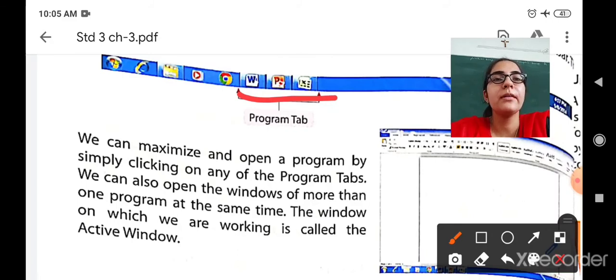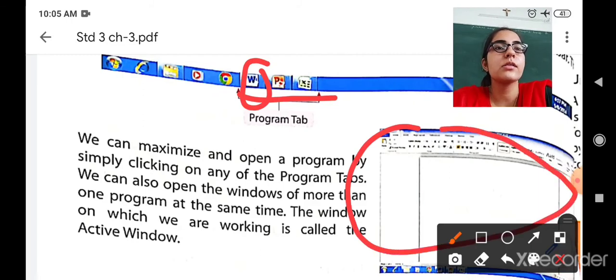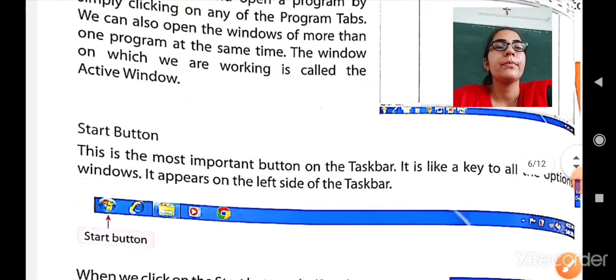We can also open the windows of more than one program at the same time. The window on which we are working is called the active window. Okay, so if you have clicked on Microsoft Word, then Microsoft Word will be opened again. So here you are working on Microsoft Word. So this is called the active window.